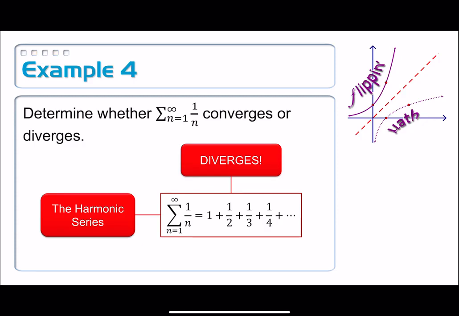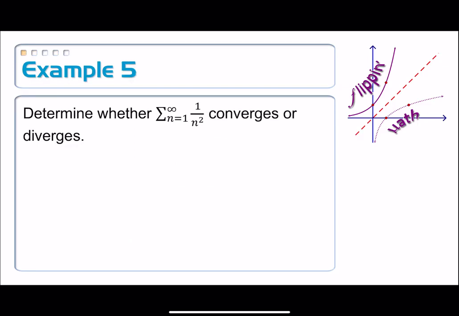Memorize it, burn it into your brain. Harmonic series, what's it do? It diverges by the p-series test. Okay, here's another one. Determine whether the series from n equals 1 to infinity of 1 over n squared converges